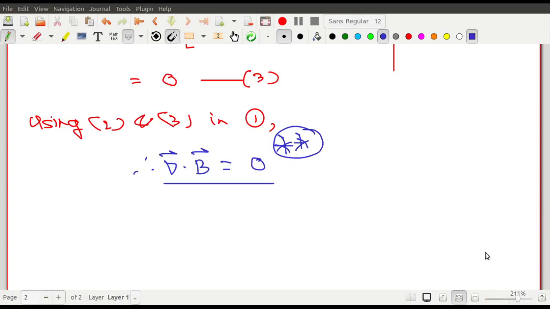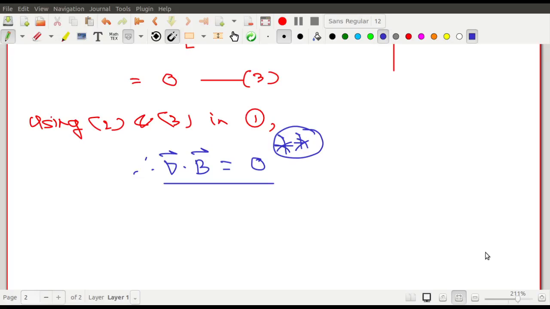The task that can be done next is, what is the significance of this divergence of B equals 0? The divergence of B is 0, what is the significance of this particular relation? So that can be analyzed next, but for the time being you just know,